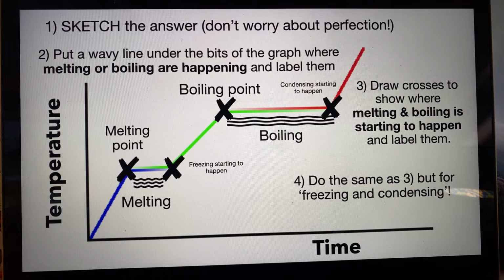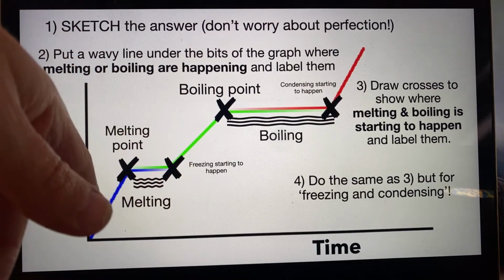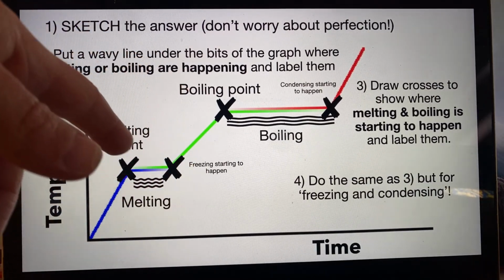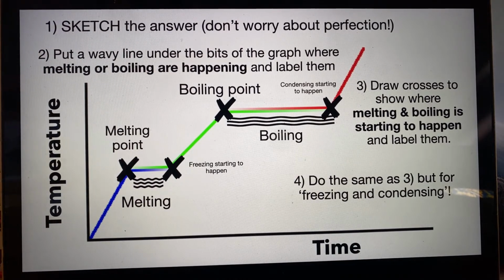I've seen quite a lot of stuff on the internet, people being confused about how the melting point and the freezing point can be the same temperature. Like, how can 0 degrees be the melting point of ice and the freezing point of water? How can something be freezing and melting at the same time? But it's because it's just starting to do that. So if you get water to 0 degrees, it will be starting to freeze. And if you get ice to 0 degrees, it will be starting to melt. Is that all right? Let's do this activity.